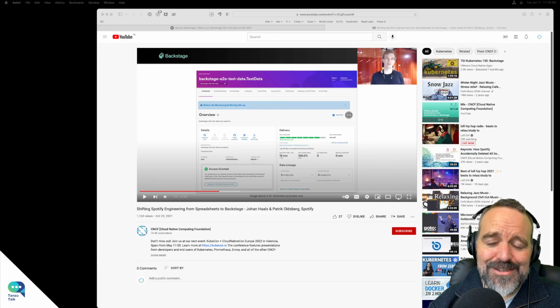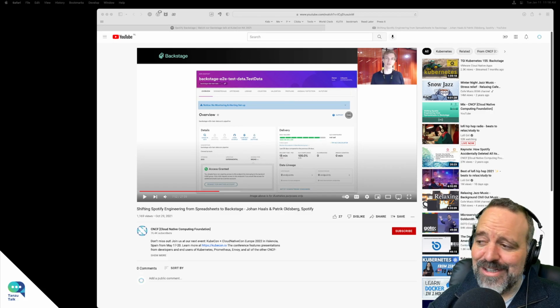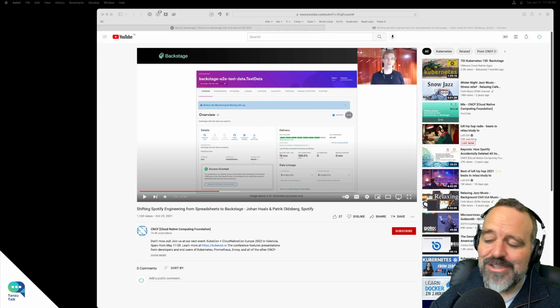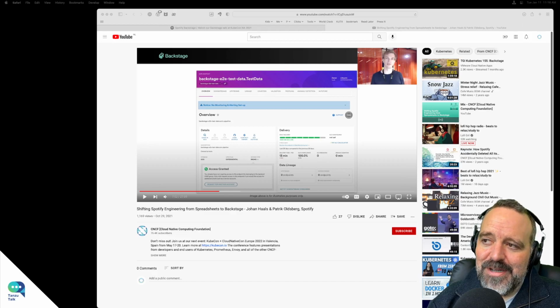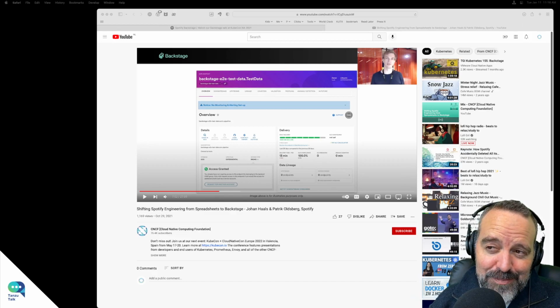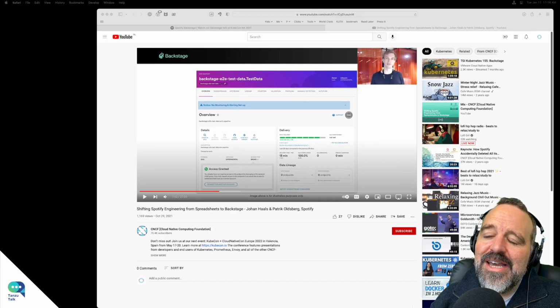Now in operations, whatever you want to call that team nowadays, they might have a view of what's going on there. We used to call this a CMDB, a configuration management database, which is supposed to show you the current state of IT so you can start to diagnose it. And you've got all sorts of dashboards and tools, and we could have all sorts of discussions about that. But I think part of what Backstage wants to do is display that as well and pull that in, and essentially have it be all the UIs and dashboards that a developer needs to look at.